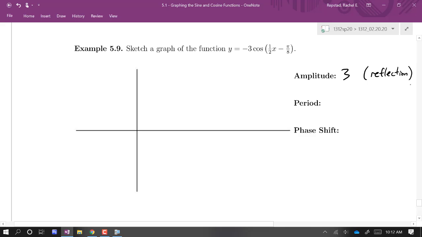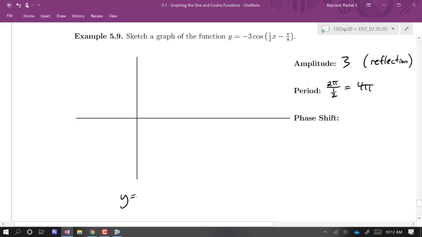What's the period? Or how do I find it? It's 4 pi, because 2 pi over b. 2 pi divided by 1/2 is 4 pi. Now for the phase shift,